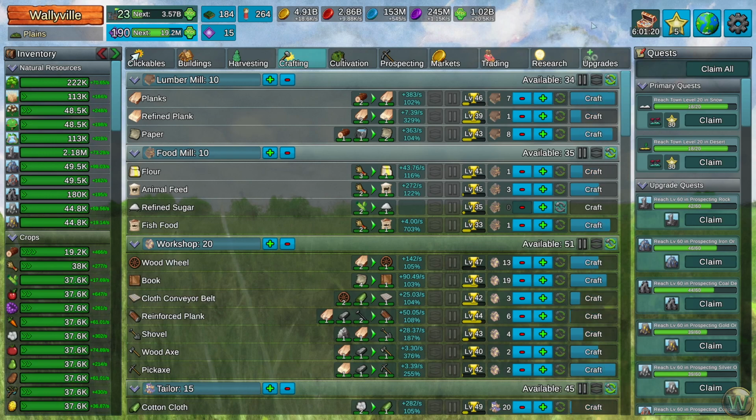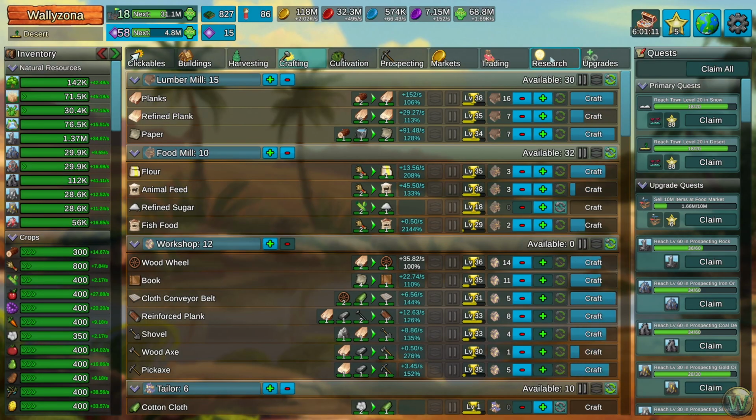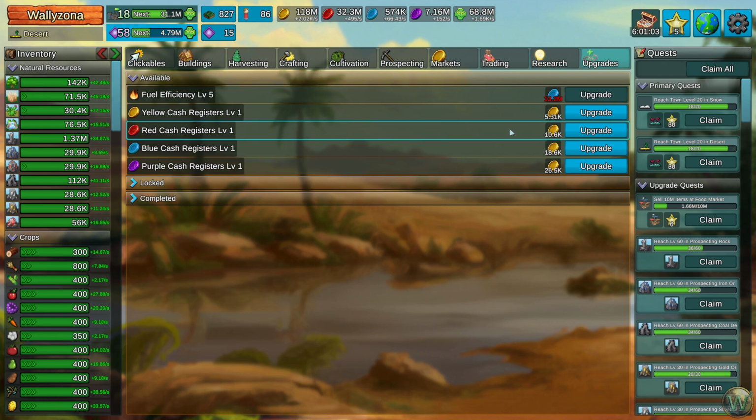In our last episode, we spent a little bit of time getting the two newest biomes, the desert and snow, up and running, and we have them up and running, and they're pretty close to the end already. I spend a lot of time on them, of course, but they spend a lot of time idle as well, just processing the different researches, all the different upgrades. We do have a few upgrades here that would be nice to finish up, but what I'm going to do